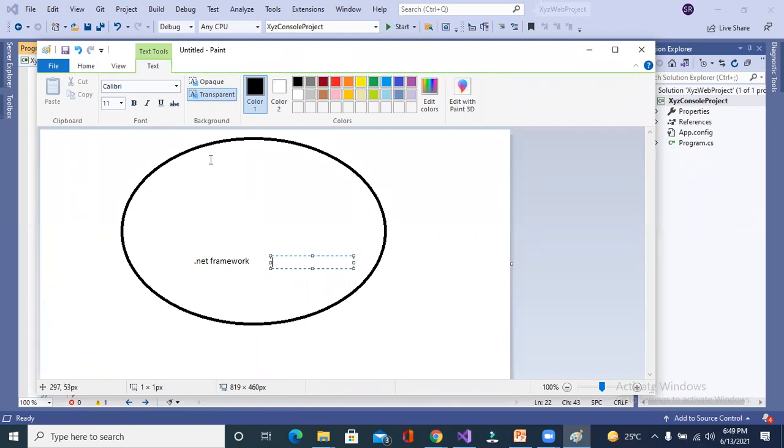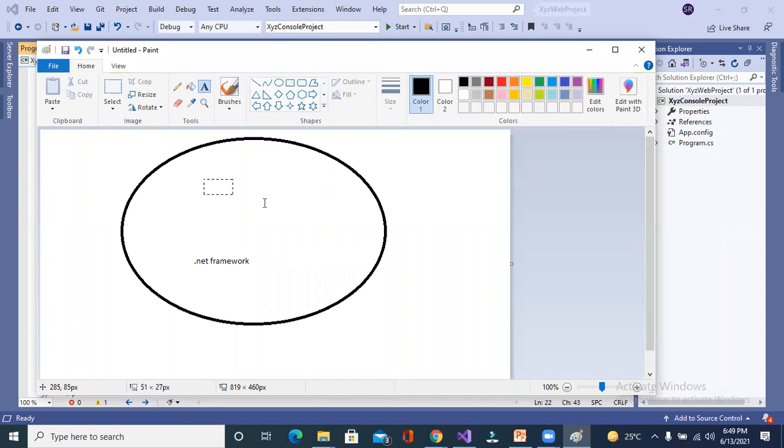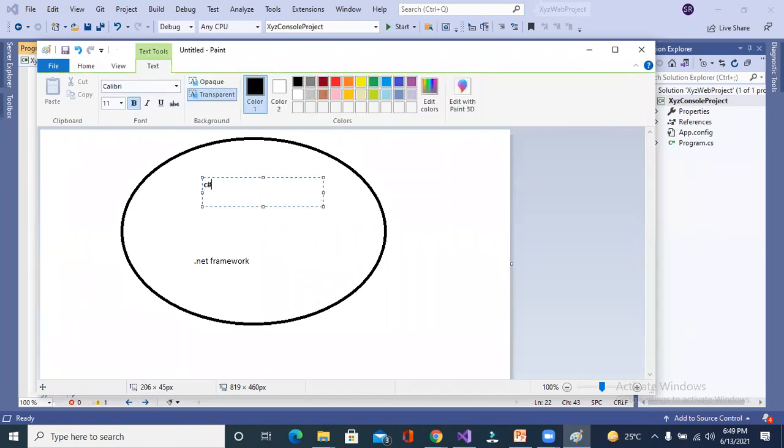And on the .NET Framework, you have authority to use different types of programming languages like C#, C++, F#. I showed you when I was creating the project. There was one option to select the language. On the drop down, there was C#, C++, F#. These are the languages. It means the .NET Framework is the platform. On this platform, you can use these languages to create your applications. It could be your Windows application, web application, and console application.